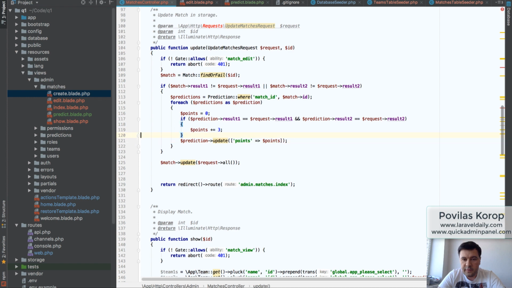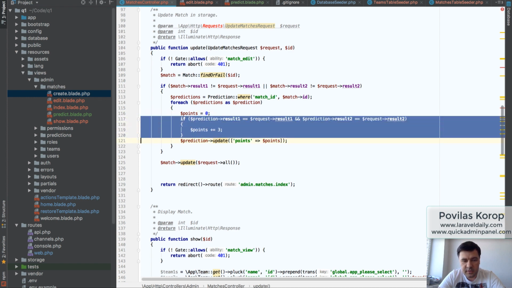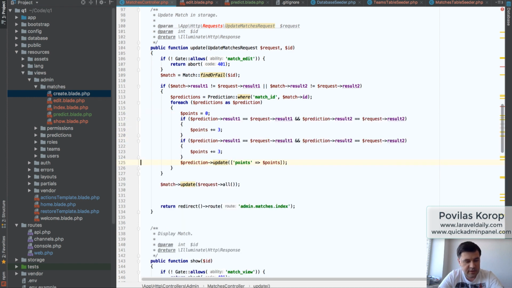And then if, what's that if statement, so if I've guessed if it's first team 1 or second team 1, right, if result is more and request result is more,